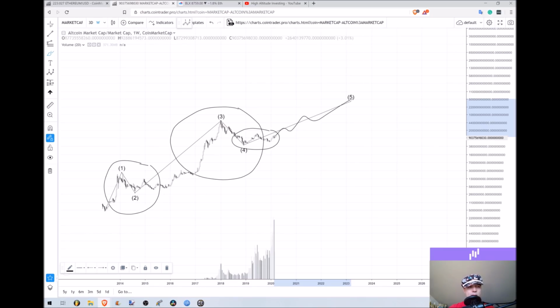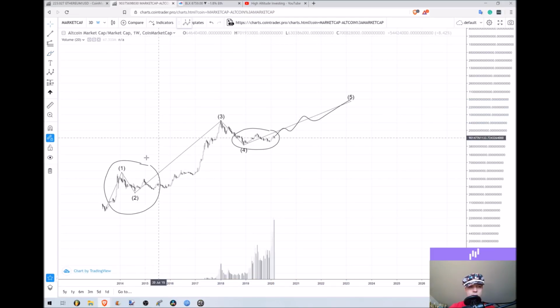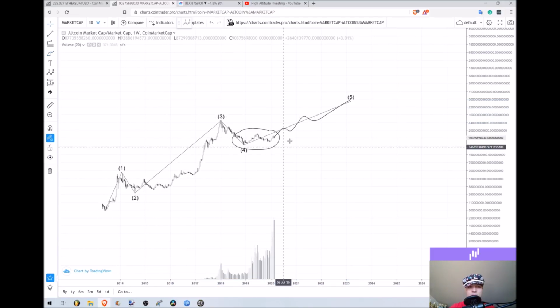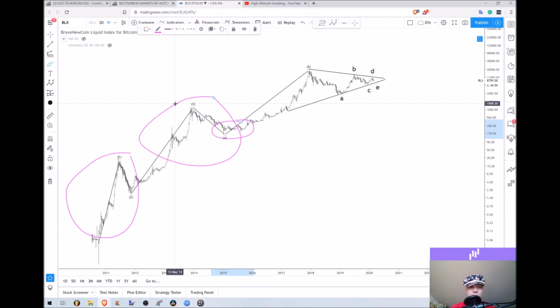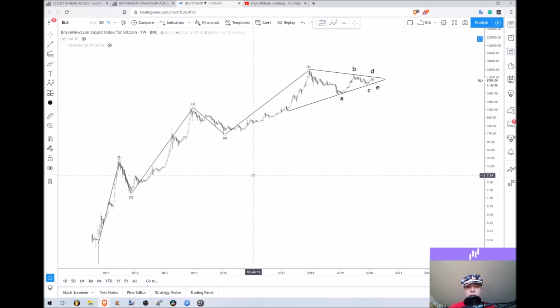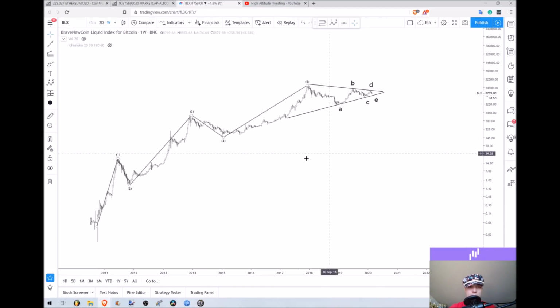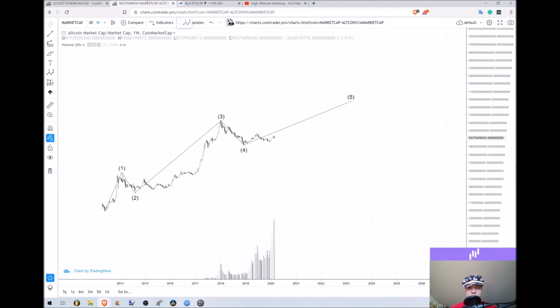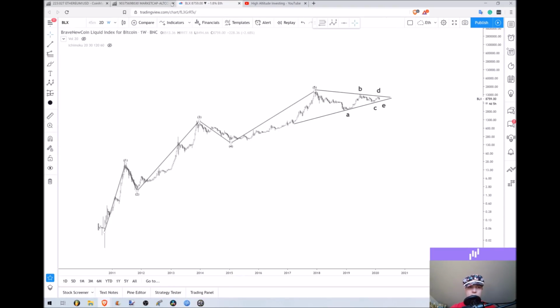So let me just go ahead and take these. I'm going to remove these circles here, and I'm just going to leave this chart with just the Elliott waves. And we're just going to look at the comparison, how similar they are one more time, so you can understand and see what is happening clearly. So right here is the altcoins, and right here is Bitcoin. I might even just pull this down a little bit here and kind of move it so they're in a similar spot on the chart,